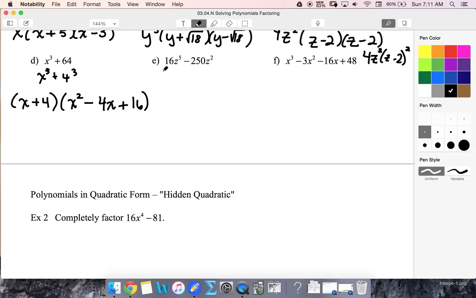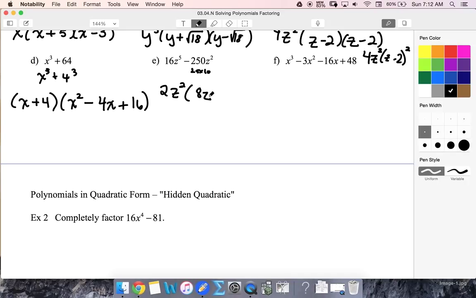All right, looking for a common factor. Well, 250 is the same as 25 times 10. So that tells me that 2 is a common factor. z squared is a common factor. So I'm going to take out 2z squared. That's going to leave me with 8z cubed